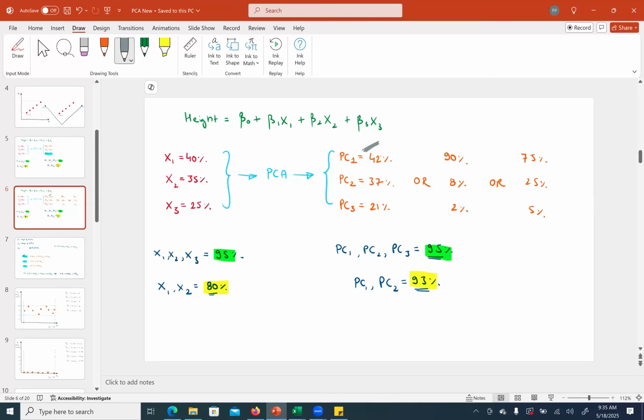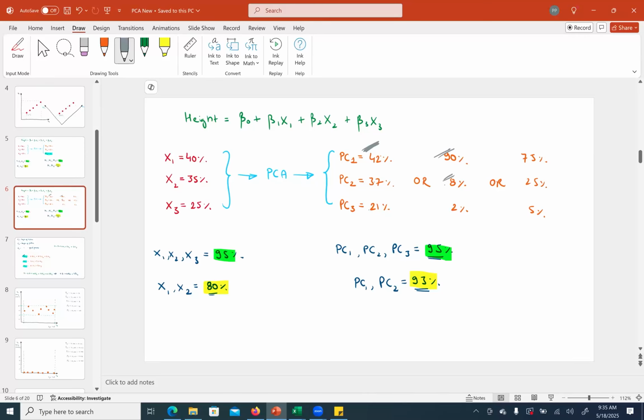So I need to bring one more. So all 3 principal components will get selected. Here, 90 plus 8, 2 principal components together are explaining 98% variability. So if I'm keeping my cutoff as 95%, then these 2 together will give me more than 95. So I'm fine. Similarly, over here as well,